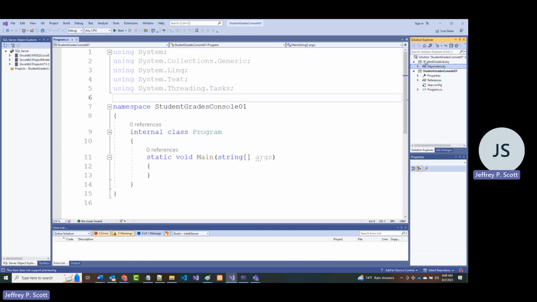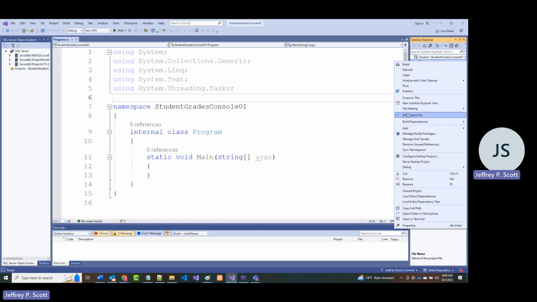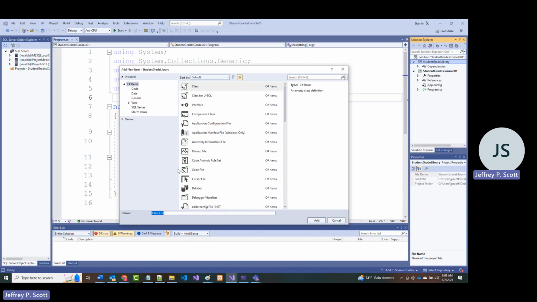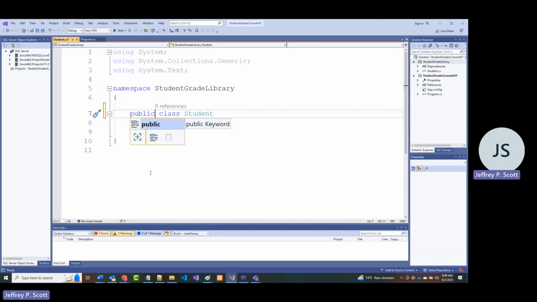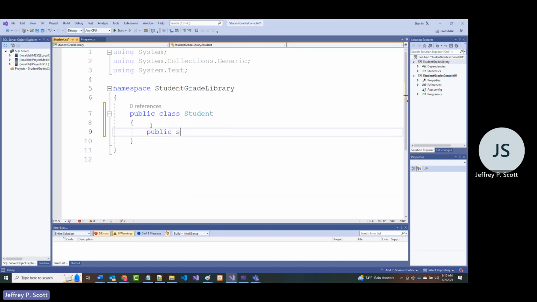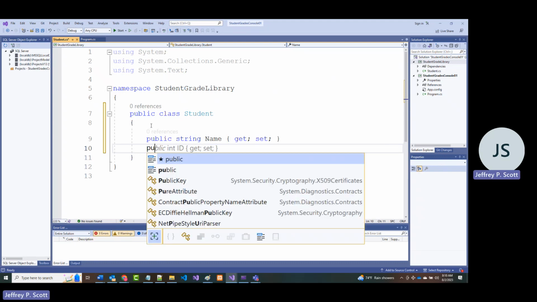Now in my student class library, I'm going to make one class, so I'm going to be able to use it by all 4 of these programs I'm about to create. So I'm going to put a new class in here, and it's going to be student.cs. First thing as always, I want to change that from internal to public. All right, and it's going to be 4 lines. It's really, really simple. Public string name, get set,